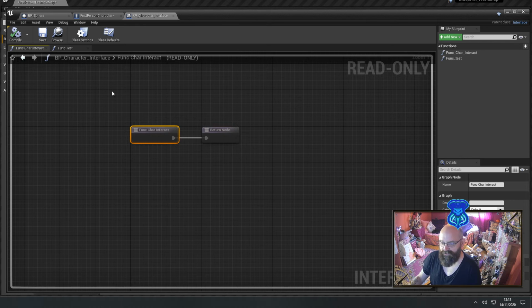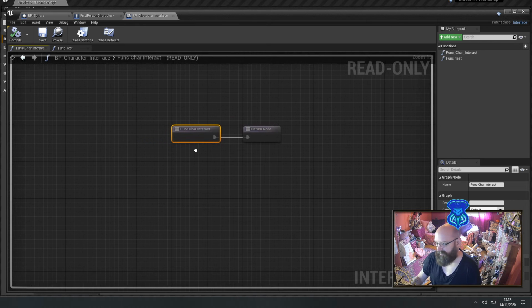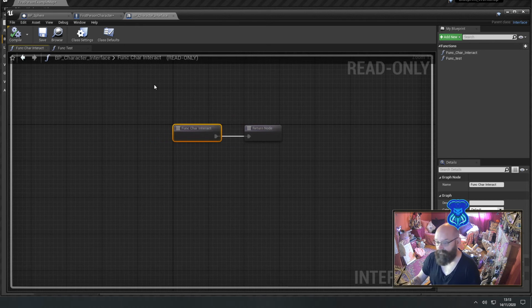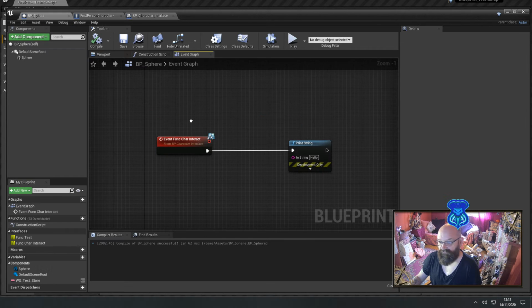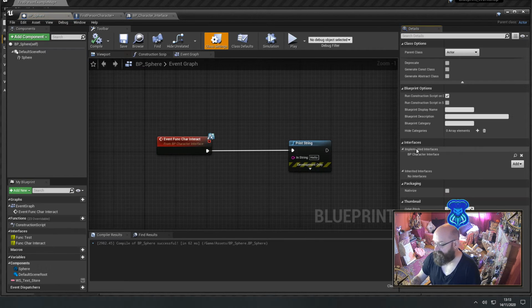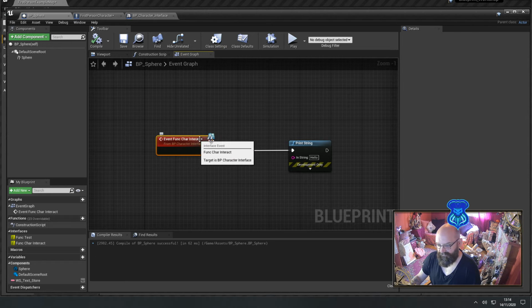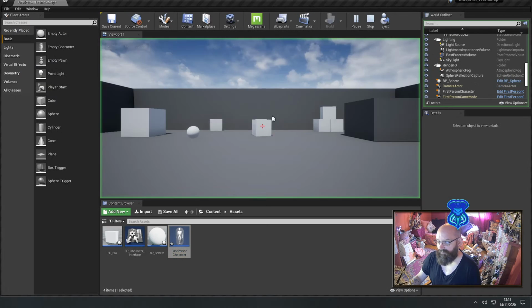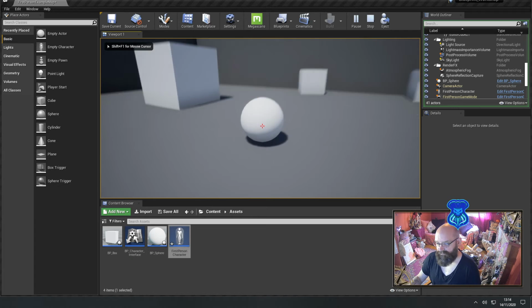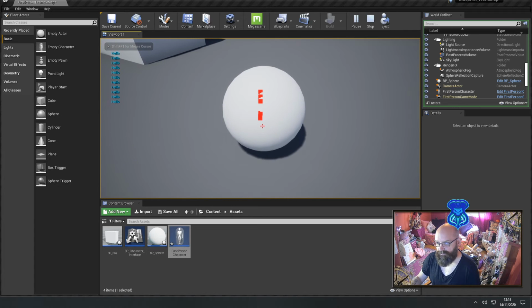Okay. So in func car interact here, firstly, I've got a BP sphere, and in my class settings I've added BP character interface, and then I've added this event car func interact. Now when I interact with the sphere, the word hello will appear on the screen. So I'll just quickly show you that working. Hit play and run over to this sphere, and just hit it, and it says hello,